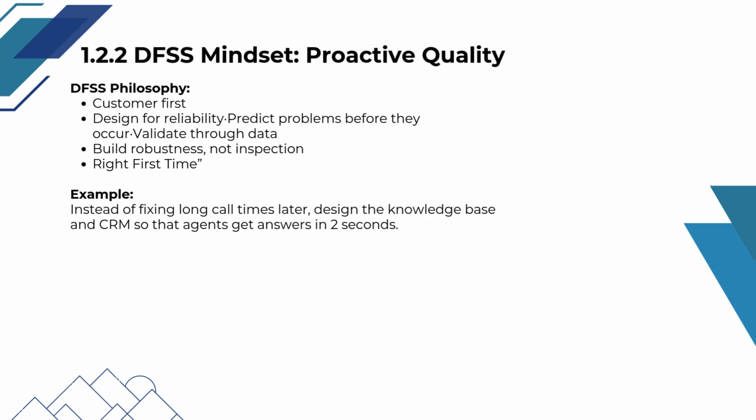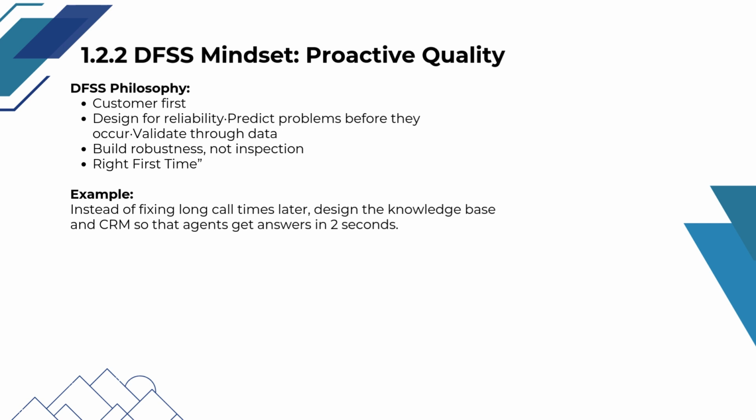The DFSS mindset promotes proactive quality by putting the customer first, designing for reliability, predicting problems before they occur, validating solutions with data, building robustness instead of relying on inspection, and aiming for right first-time results. For instance, rather than addressing long call times reactively, the knowledge base and CRM are designed so agents can retrieve